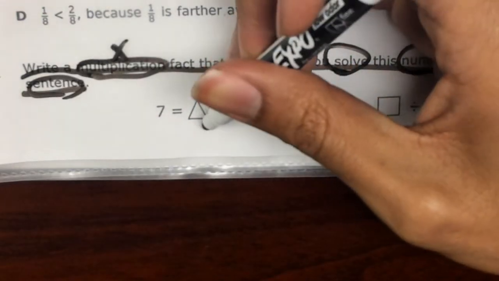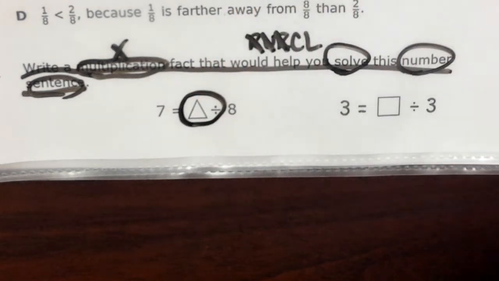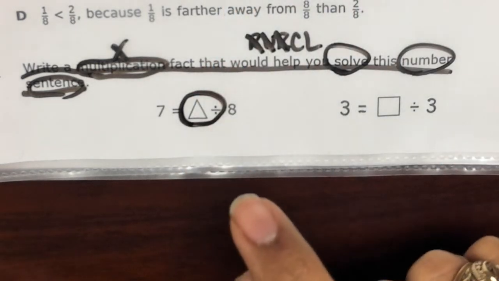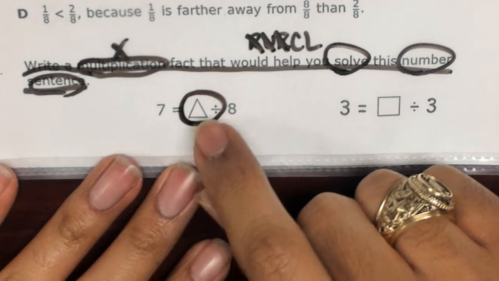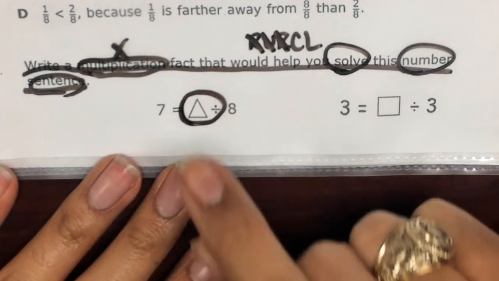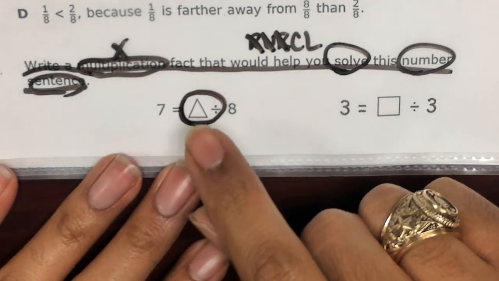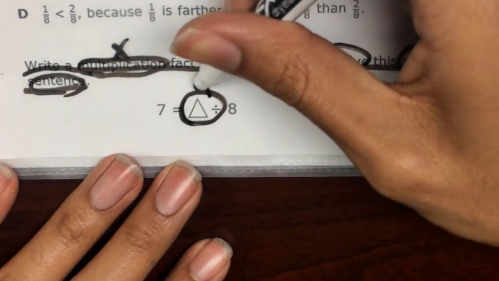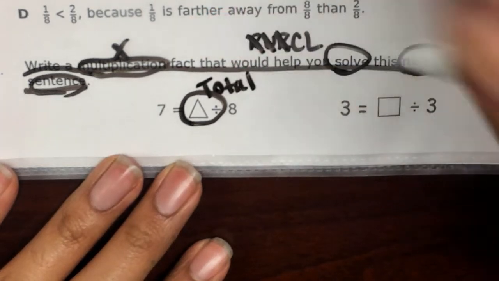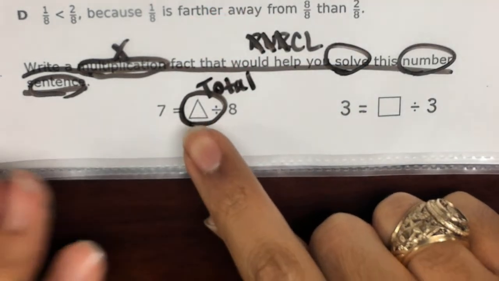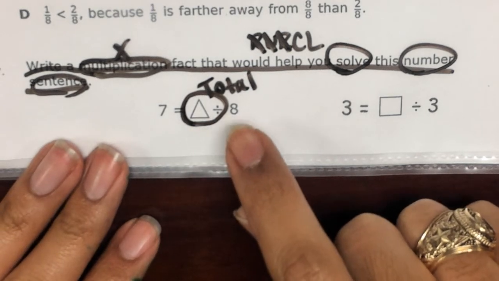So we have to circle this triangle. We're going to start with this division number sentence first, and that means whatever our missing number is going to be our total because that's what we're sharing from. So I'm going to label that as my total. It says a total of some number shared equally into 8 groups